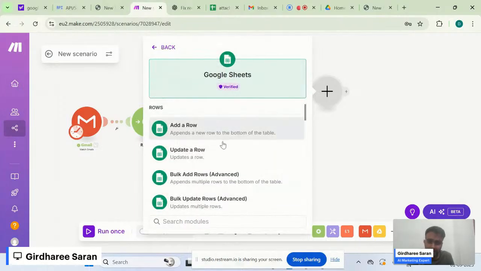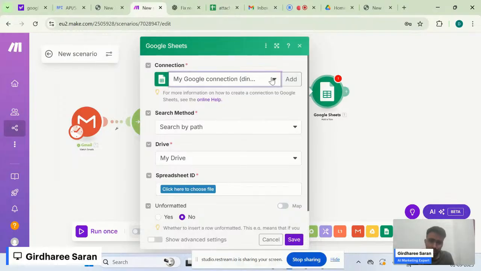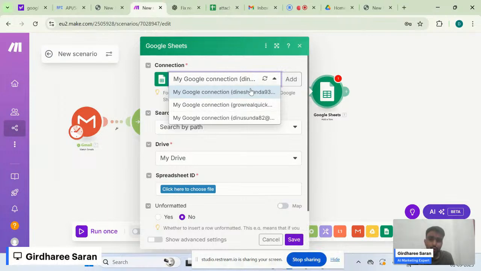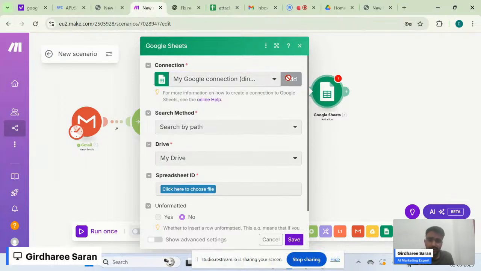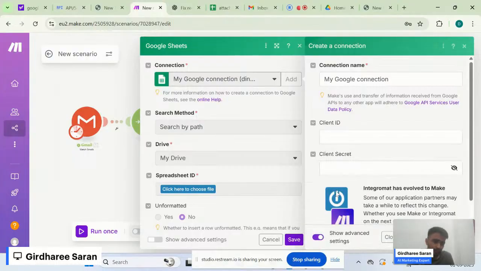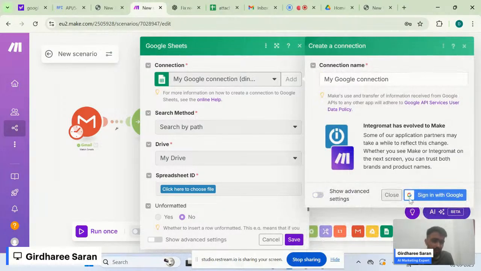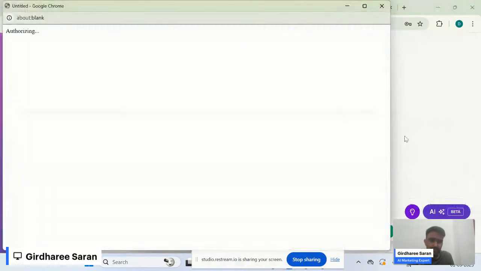Okay? So update a row or add a row. We will add a row. We don't update a row. We will add a row. Okay. When you click on it, I have already connected with my Google account. So if you want to add, just click on add, then sign in with Google, or you can also use the client ID and client secret. If I go through all this, the live will be longer. So I will go directly from here, sign in with Google,